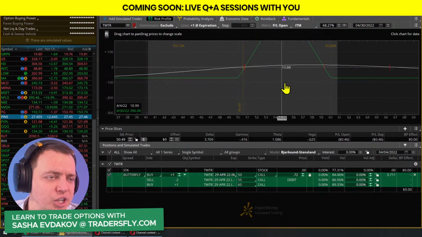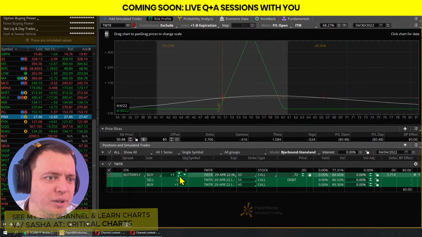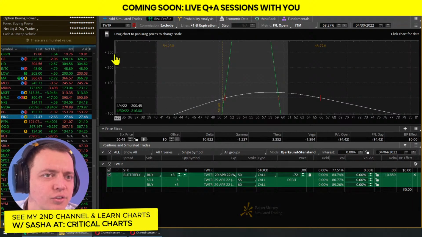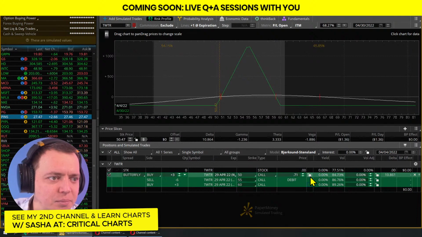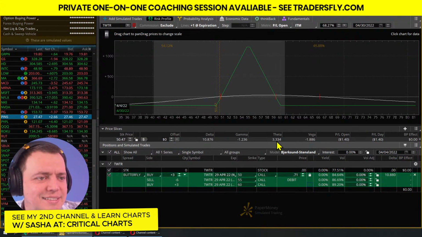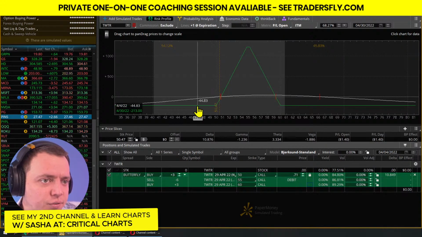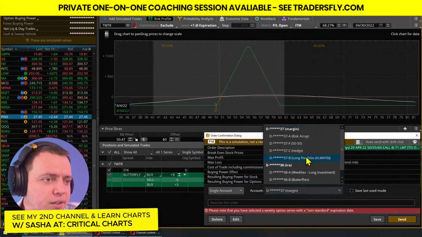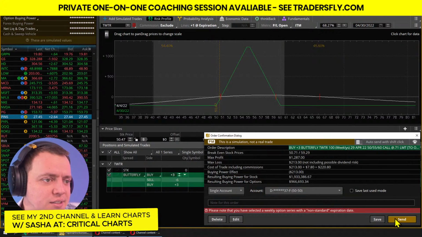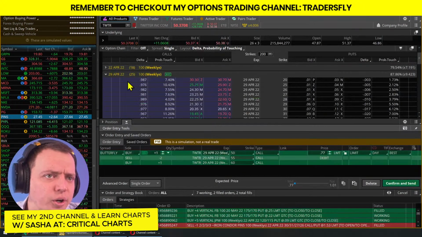This is a cheap shot to go more to the upside, but I'm defining my risk. I'd probably just do a couple contracts on there, nothing too crazy. Again, the stock is already extended. Why would I risk that much? Theta is positive, not negative, so this is a good sign. So start something like this. If it pulls back, it's not a big risk, $200 or so. And then I could put that in there. This is my cheap shots. I put it in the 50-50 slots over there.